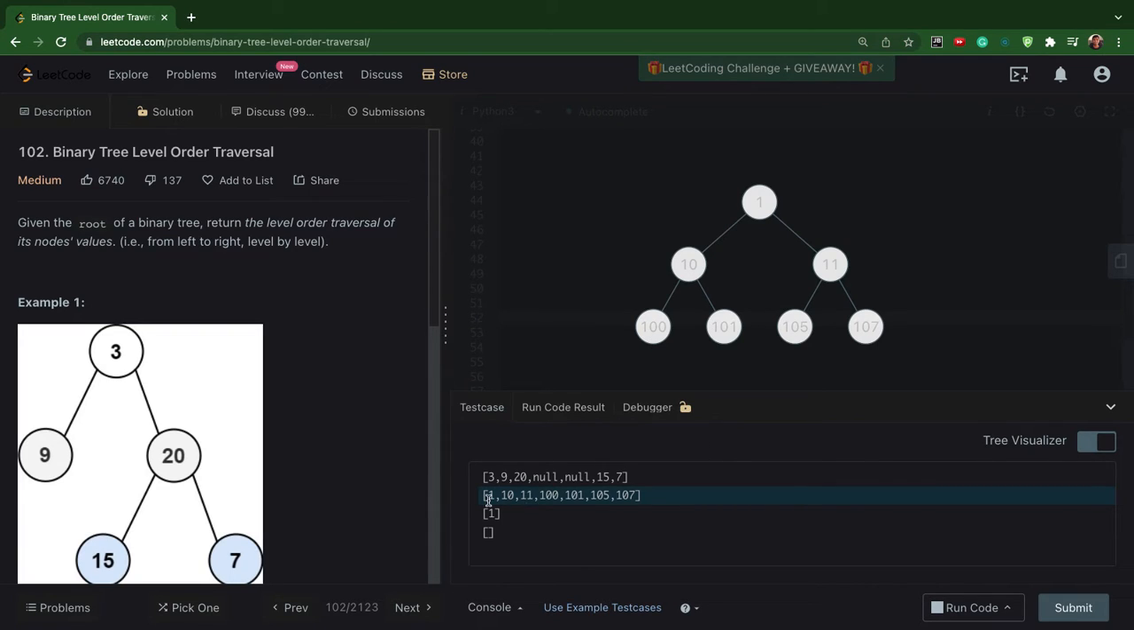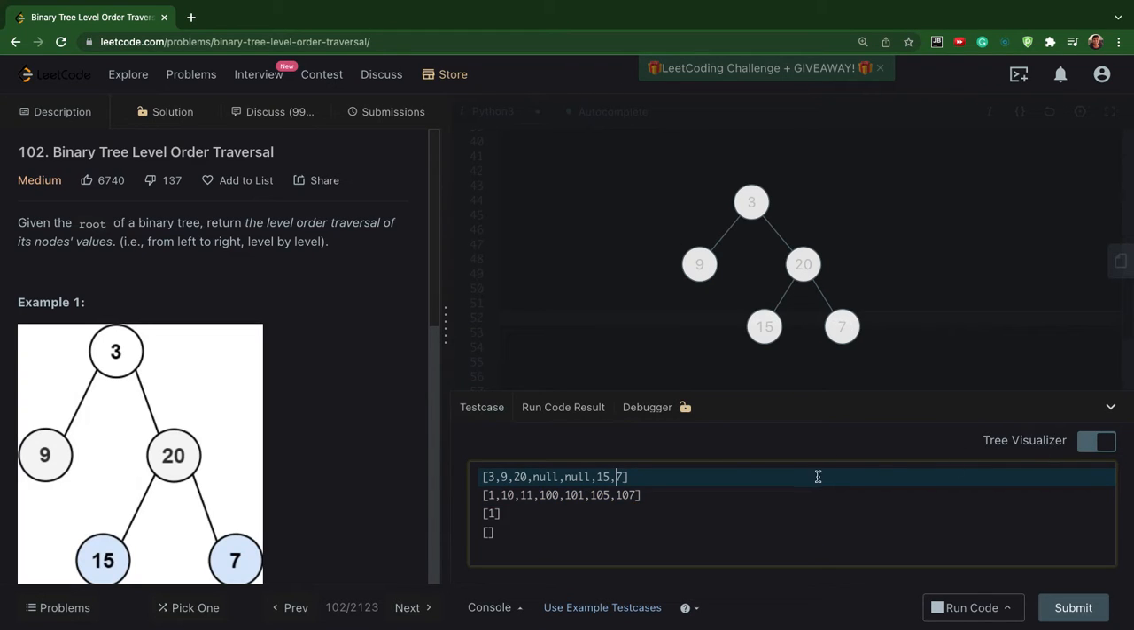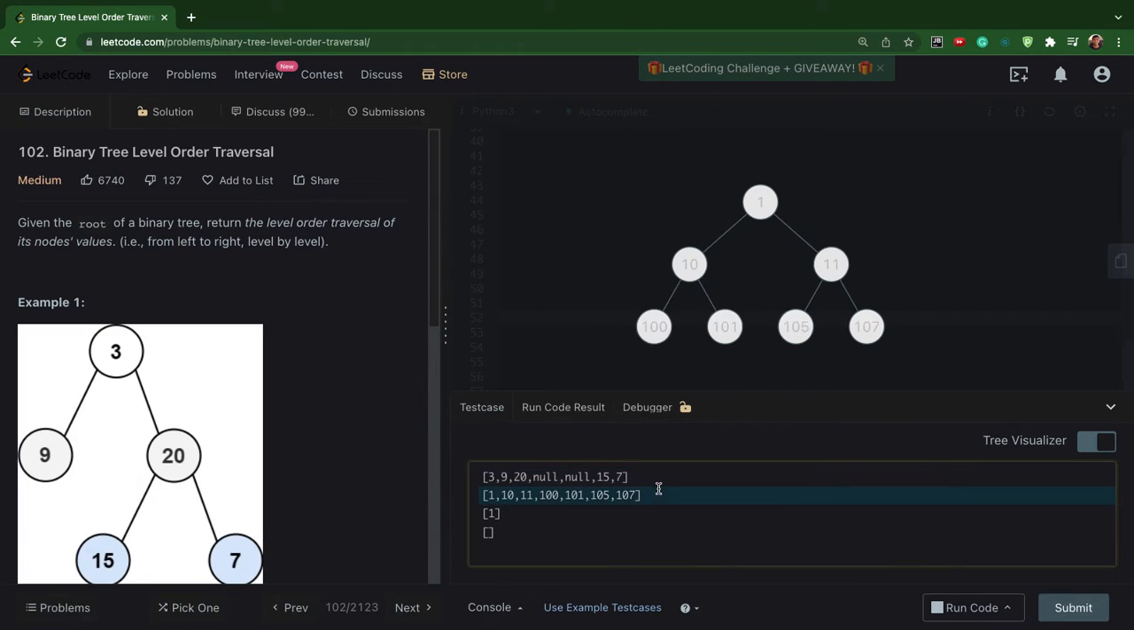So for this one the output would be like 1, and then 10 and 11, then 100, 101, 105 and 107. For this one it's going to be 3, and then 9, 20, and then another one is going to be 15 and 7. So if we want to solve this problem recursively,